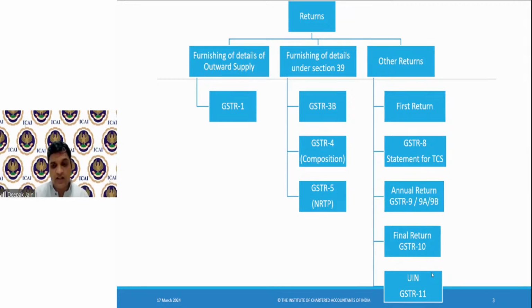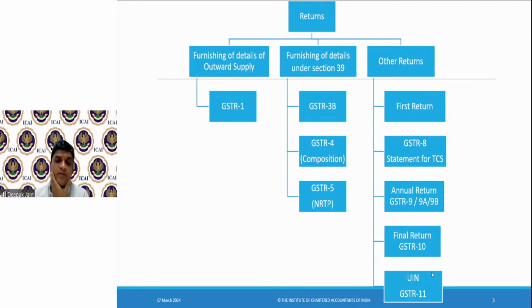So if the advocate is unregistered, then the company will file the GSTR-1? No, it will not. Even if the advocate is unregistered, nobody else files the outward supply. Outward supply has to be filed by the person who is making the outward supply. Now, if the outward supplier is not registered, then he will not file it. For CTP, which GST return? Regular GSTR-3B itself.